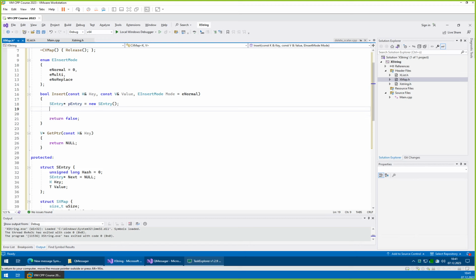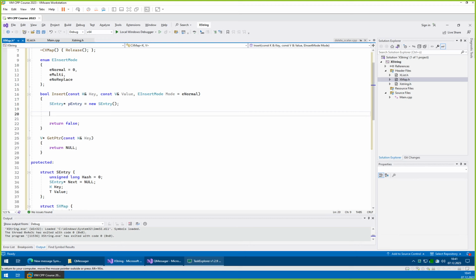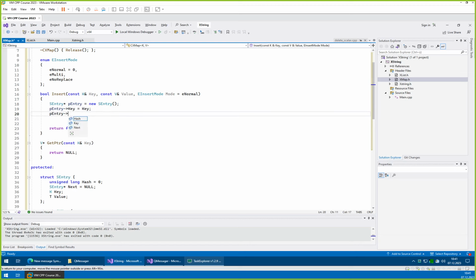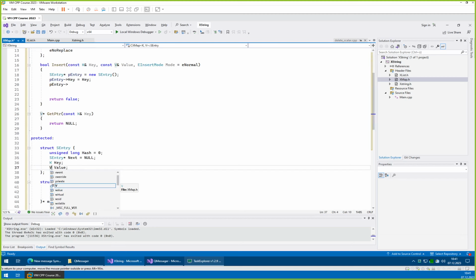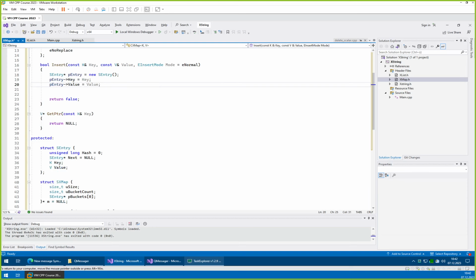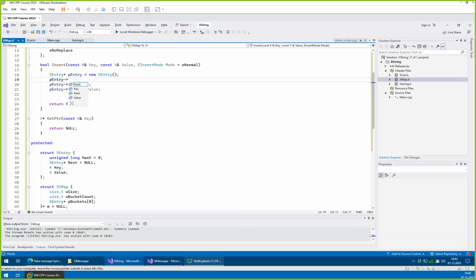And then we can of course already start with assigning values. So entry key is key, entry value is value. Right, that should be key. Value is a value. The next remains at null. The hash we will need to compute. Hash is equals